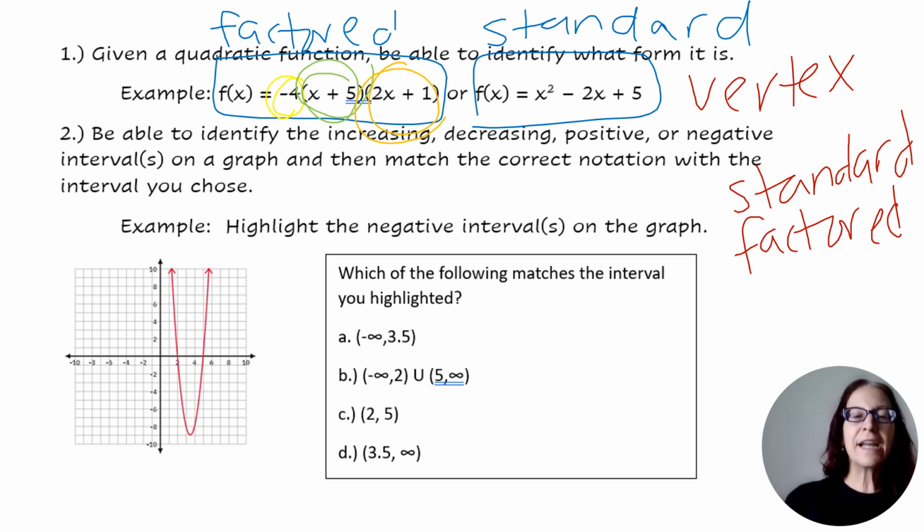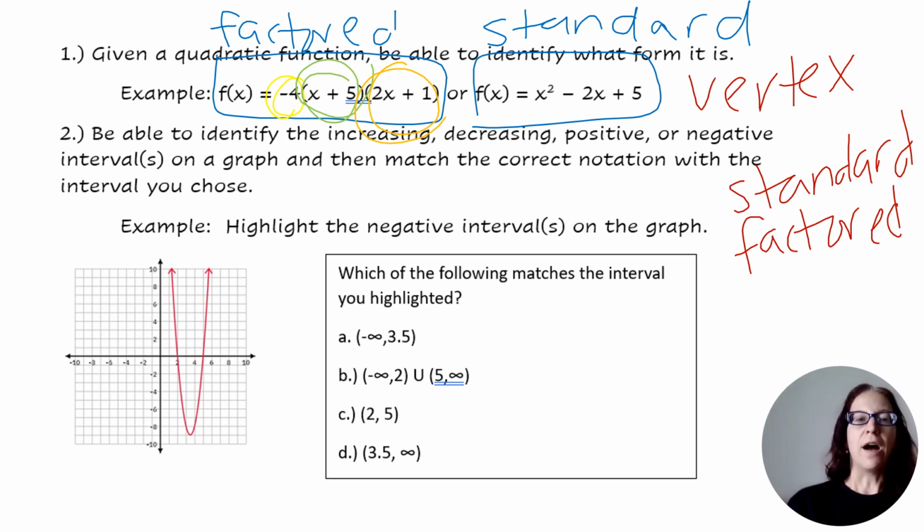Second item on your study guide is be able to identify the increasing, decreasing, positive or negative interval or intervals on a graph, and then match the correct notation with the interval you chose. So there's actually a couple of these, but they look like this. So we have here a graph, and the directions for the study guide say highlight the negative interval or intervals